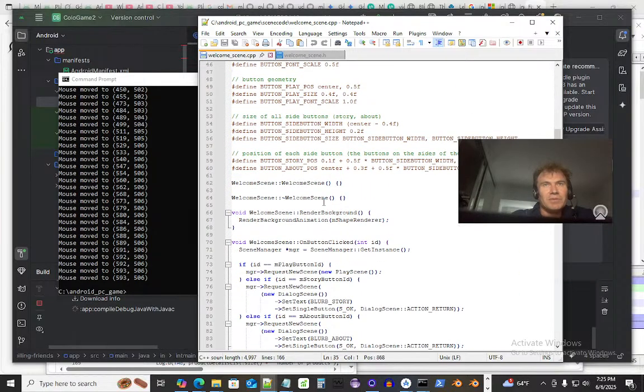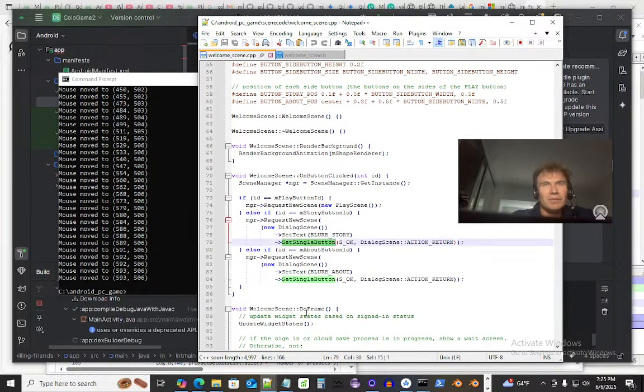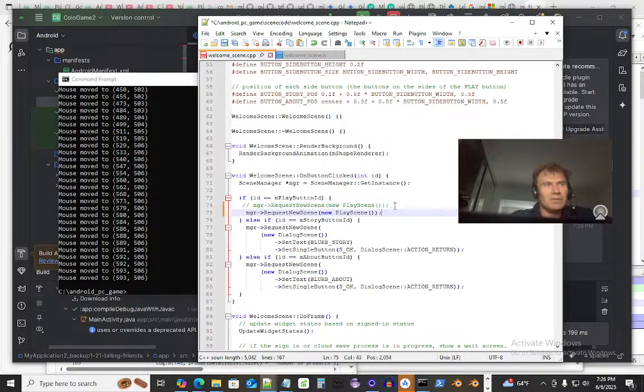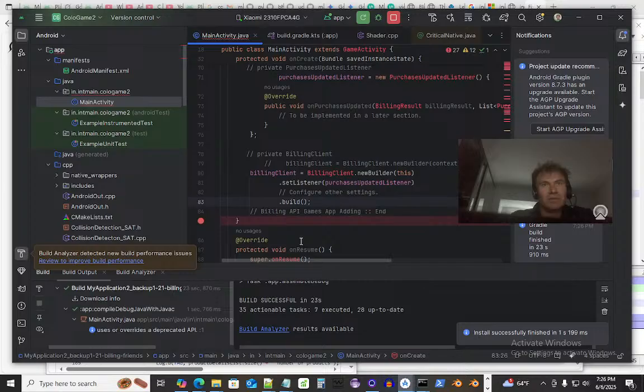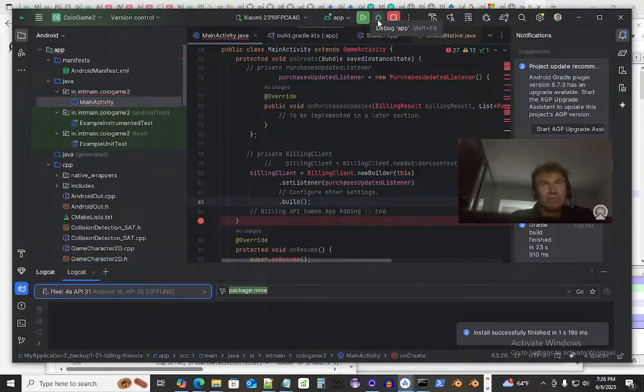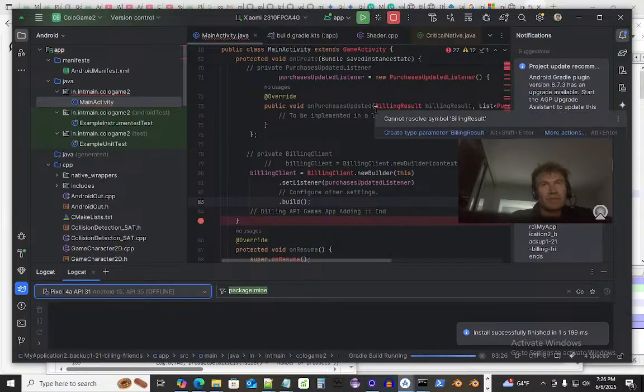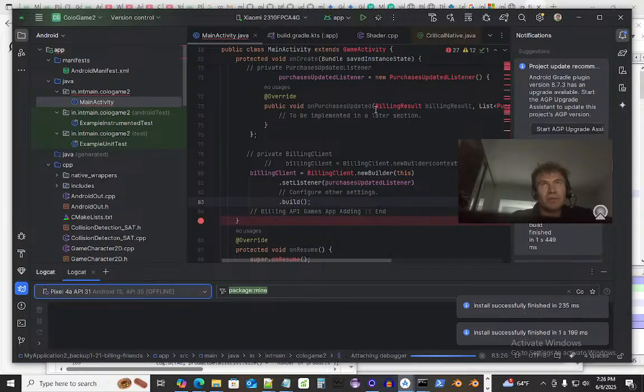Okay, welcome scene. New dialogue scene. New request new scene, play scene. So I'm guessing we're modifying this to like Kulo scene. It crashed. Phew. What was wrong? It's probably the best time that failed, but